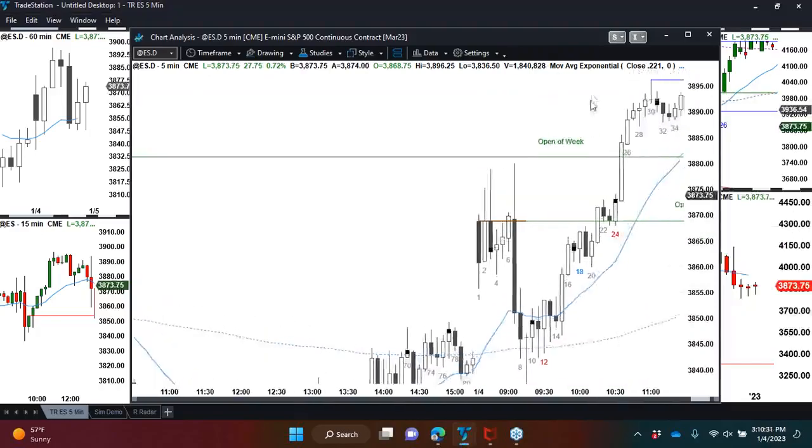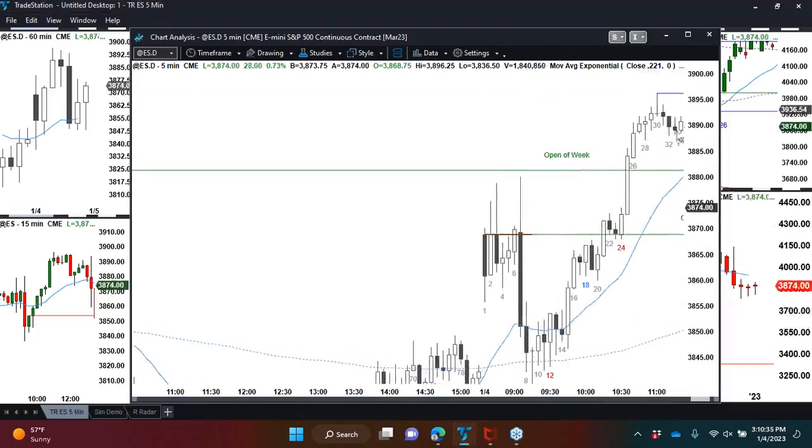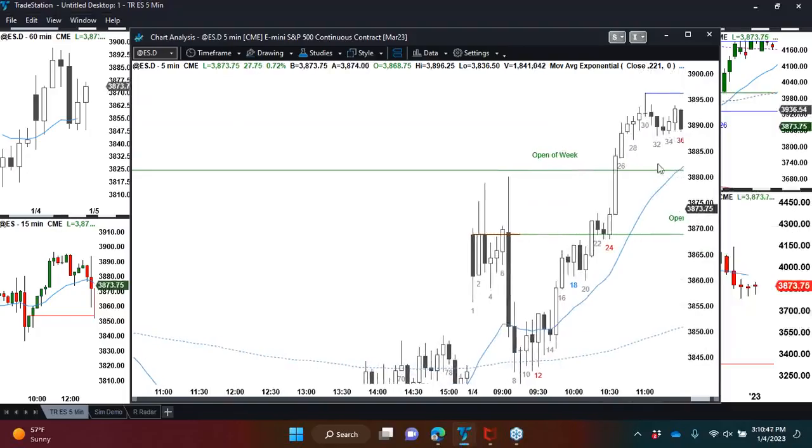The bears see 34 as a pullback from this micro channel. 35, double top with 31 or 30. Second bull bars make it a small second leg up. Middle of a tight trading range, so better to do nothing. And then